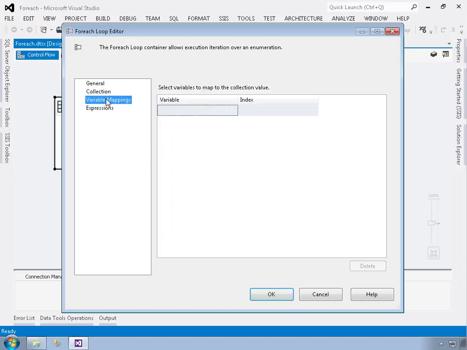Okay, now I need to go to the variable mappings page here. This loop container is going to use a variable to store each qualifying file name for use by its contained tasks, specifically here, the data flow tasks. So this is a way to communicate between the container and the data flow task which file it's currently processing. All right, I'm going to select this first row